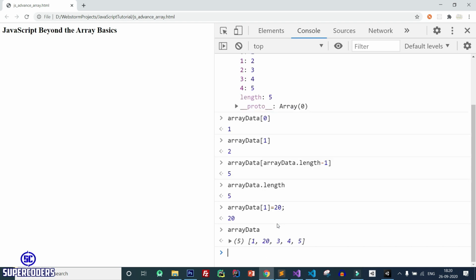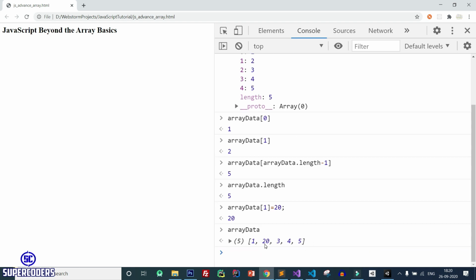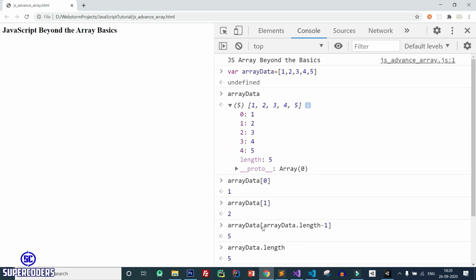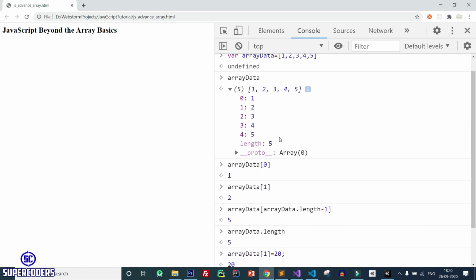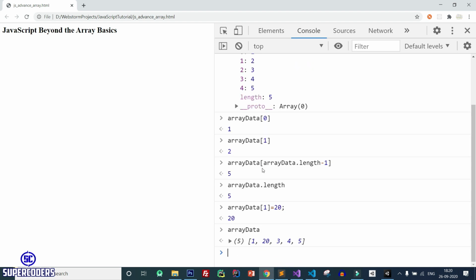You can see this time the item value got updated. Previously it contained 1, 2, 3, 4, 5. Now it contains 1, 20, 3, 4, 5. So in this way you can create an array, read all the values of an array, access a single item, access the length, access the last item, and update the value of an array.